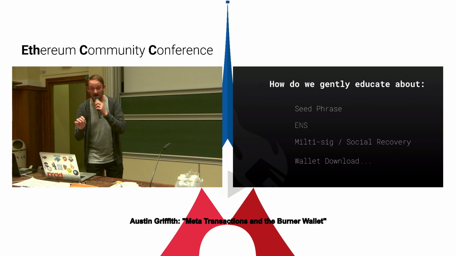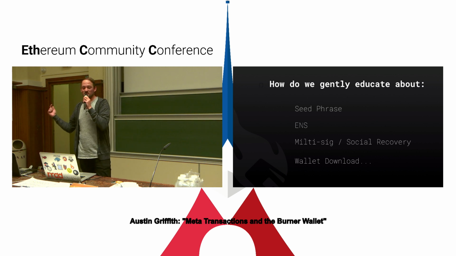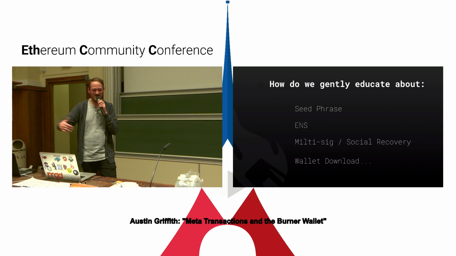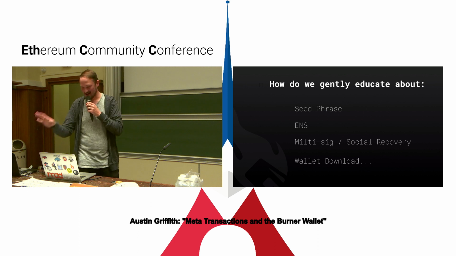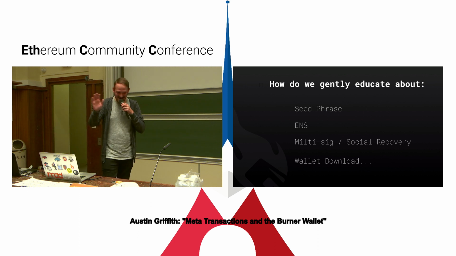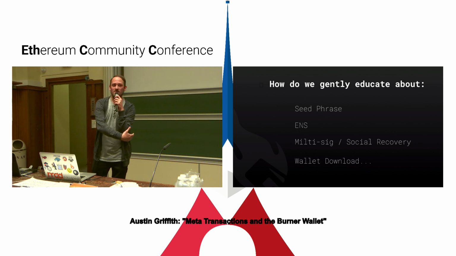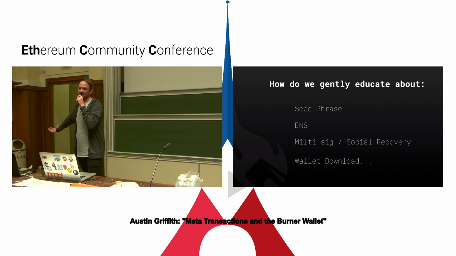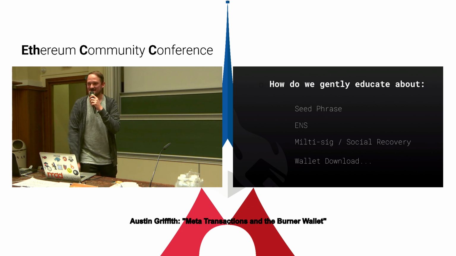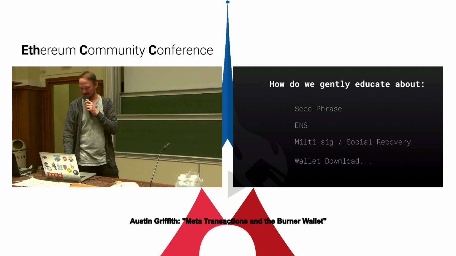But it's super easy when my mom has $50 in a burner wallet to teach her about a seed phrase. It's kind of like a password, but if you lose it, you're done forever, and we're working on better recovery. We're working on it. But she's much more inclined to be educated about a seed phrase once she has that $50 in her hand. If I just hit her with that at first, she's going to black out and not want anything to do with it, right?